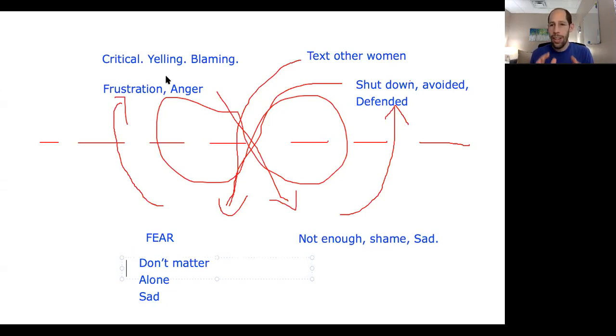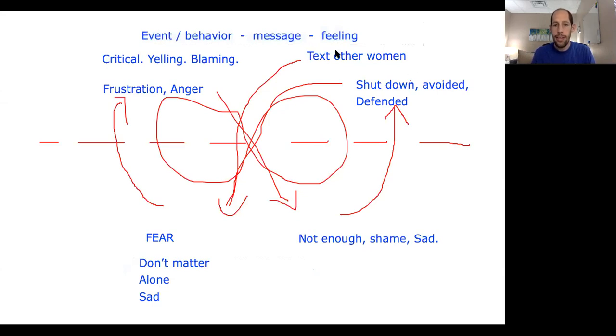And one of the things that I think as I work with couples over the years, I try to simplify this as much as possible. So I think I've got the most simple way to describe this yet, and I want to explain this to you. So the way this works is there's an event or a behavior which then sends a message, which then creates a feeling. This is super important, so I want to explain this. There's an event or a behavior. Let's take him texting another woman, right?